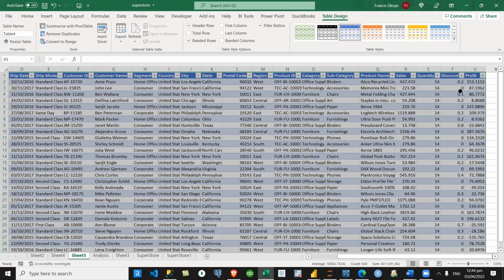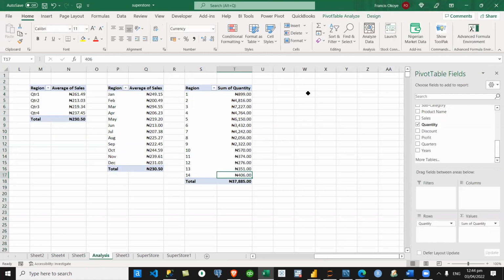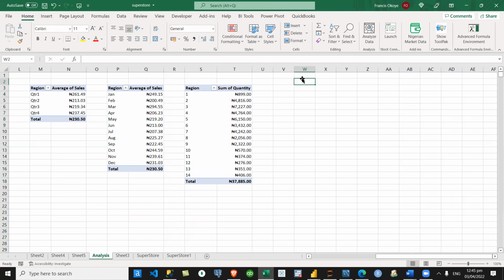So we are showing you here that there are some customers that bought just 1 item, 2 items, 3 items, up to 14 items. Which means I can further analyze it in such a way that if a customer bought less than 5, let's call that, let's say, retail.